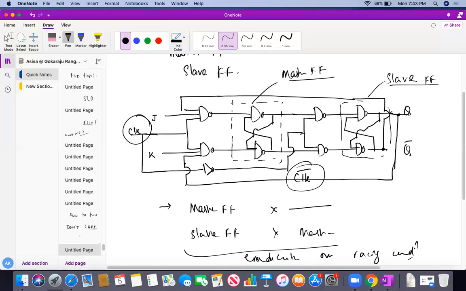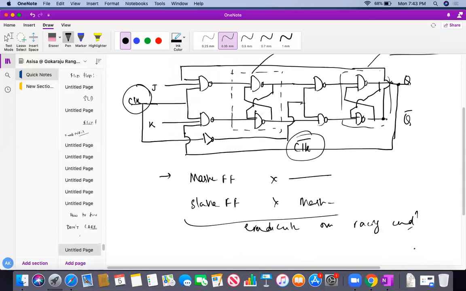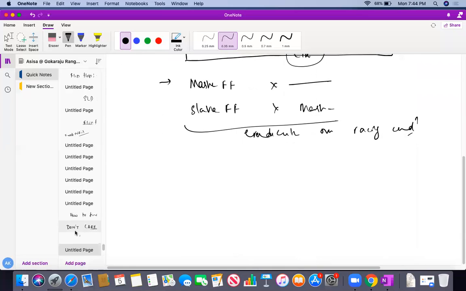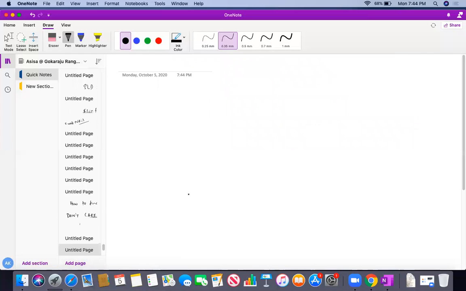This is very important, students, from your GATE point of view, as well as some of the configurations will be given like this. Here this clock acts as the controlling parameter for both the flip-flops. Once the clock operates, the master will operate. When the clock becomes 0, at that time the slave will operate. So it will not give me the toggling condition or the racing condition. This is the case, and we'll go for the next flip-flop,